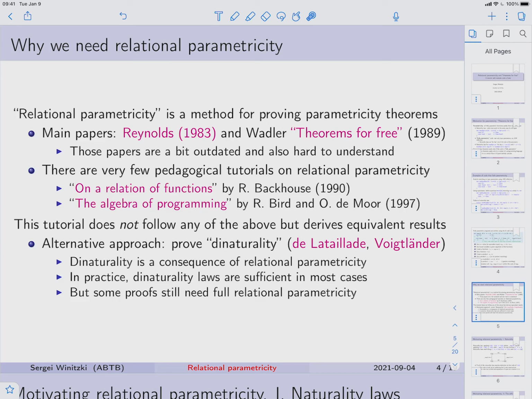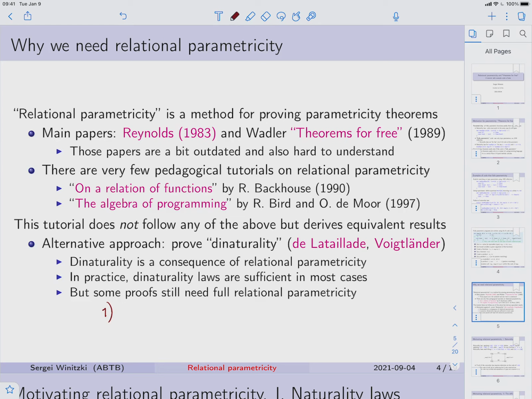In quite a few cases where you don't need full relational parametricity, you just need to write the dinaturality law, and that's much easier. I already recorded some tutorials about this. It's a lot easier to write down the dinaturality law, and in most cases that will be sufficient. However, there are some proofs. I can indicate